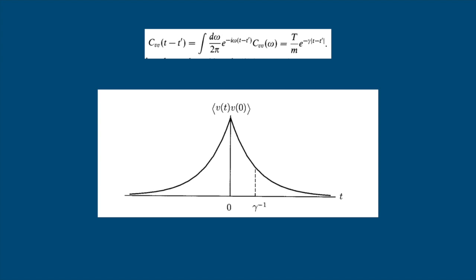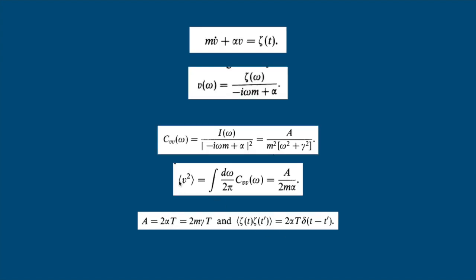So now the correlation function CVV of omega determines CVV of t comma t dash, the average of V of t into V of t dash, as well as the instantaneous average mod of V square. So this is the instantaneous average. So we neglect the homogeneous term in the solution for V of omega, which is valid only for times that are long compared to 1 by gamma.